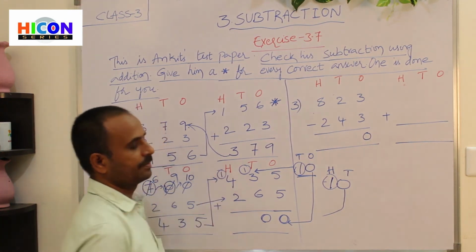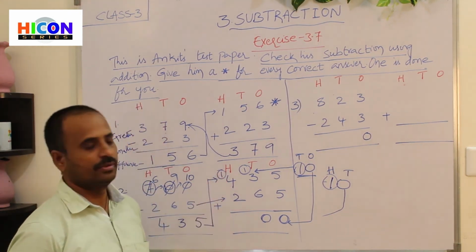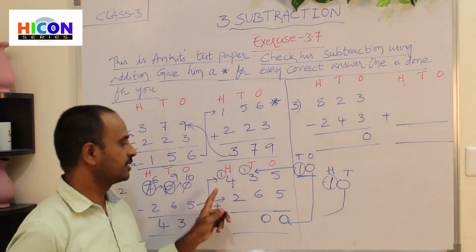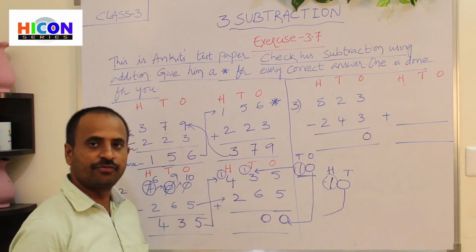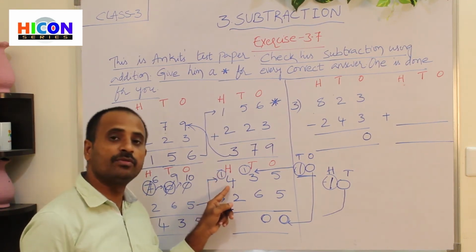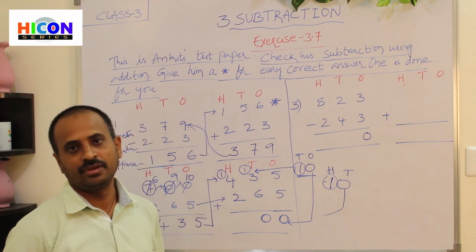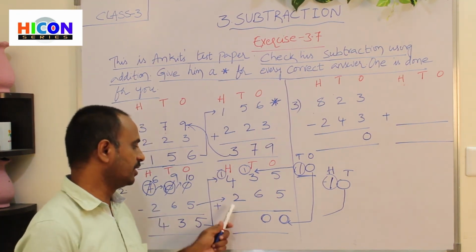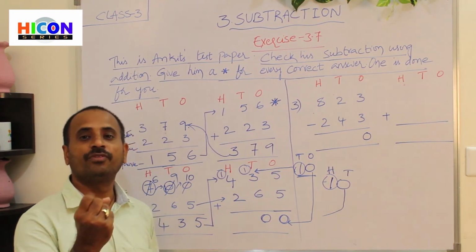Now add first 1 and 4. There are 3 digits under hundreds place, 1, 4 and 2. So now first add 1 and 4. If you add 1 to any number, we will get its next number. What is the next number for 4? 5. And add this sum to the third number. What is the third number? 2. So open 2 fingers of your hand, 1, 2.